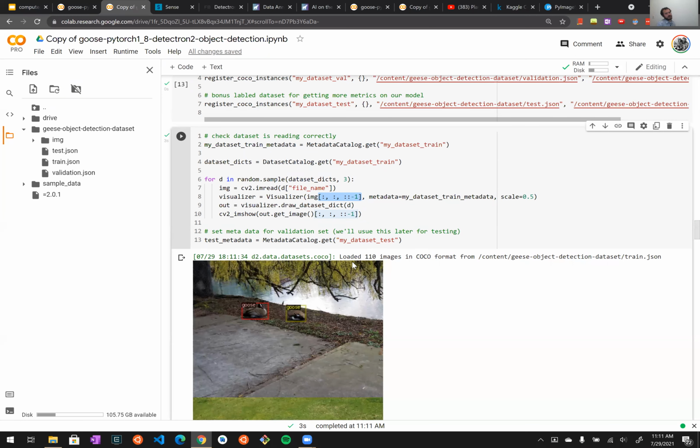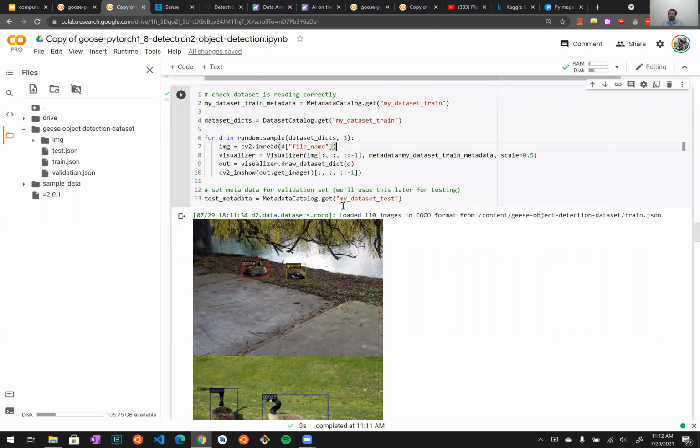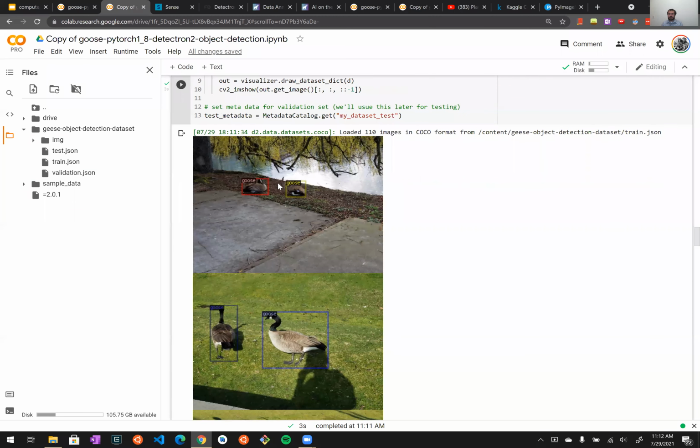The reason for that is this is essentially flipping the RGB values. OpenCV reads images in as blue, green, red, so BGR versus RGB like most other things. So you actually want to swap those around, and that's just what this is doing. It's just rearranging the array in Python. And then we're writing out our image here. So you can actually see that these are just reading our data set and